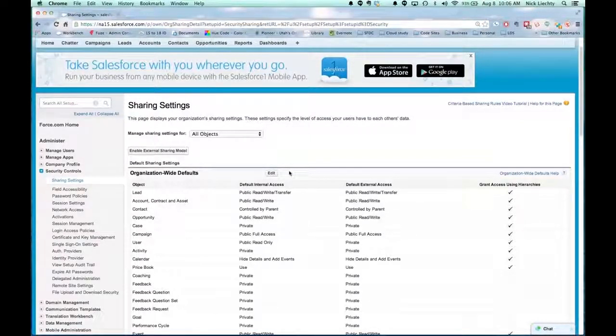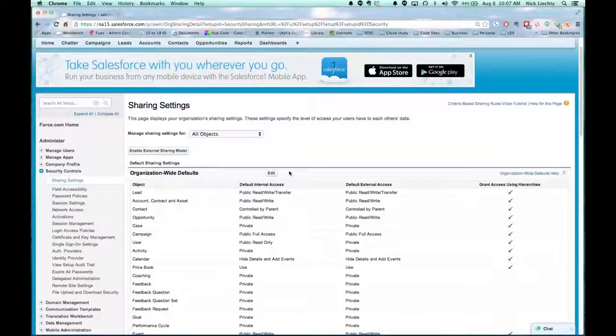Now, the reason that you would change the access from public read-write to something other than that is if you need to restrict access to that information, to those records. Now, if you need to restrict access to even one user, you cannot have it set at public read-write, because this is the base level access setting, and if it's set to public read-write, every user will have access to it. No matter what other settings you put in place, there will still be a way for the user to